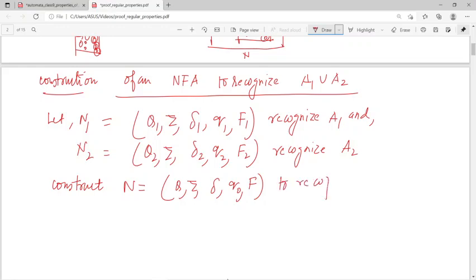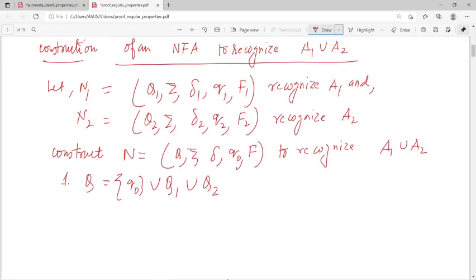কিসের জন্য, যে রেকগনাইজ করবে a1 ইউনিয়ন a2 কে। তাহলে ফার্স্ট থিং কি করছি, এই কিউটাকে কি করে কনসিডার করছি, কিউটা ইজ নাথিং বাট, আমি একটা ইনিশিয়াল স্টেট ইন্ট্রোডিউস করেছি আলাদা করে, তার সাথে ইউনিয়ন q1 স্টেট, ইউনিয়ন q2 স্টেট, q1 কেও নিয়েছি, q2 কেও নিয়েছি, অ্যাজ ওয়েল অ্যাজ একটা ইনিশিয়াল স্টেটকে ইন্ট্রোডিউস করছি। তার মিন দ্য স্টেট অফ n আর অল দ্য স্টেট অফ n1 and n2 উইথ দ্য অ্যাডিশন অফ এ নিউ স্টার স্টেট। তার মানে আমি যেটা লিখছি, দ্যাট মিনস দ্য স্টেটস অফ n are